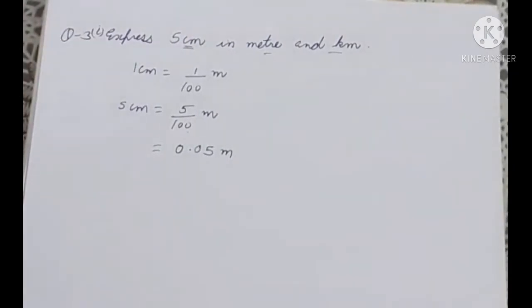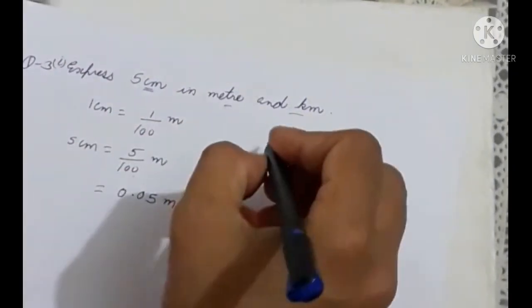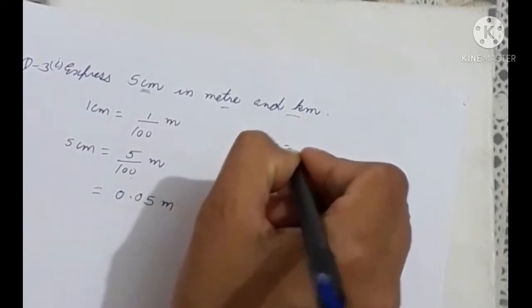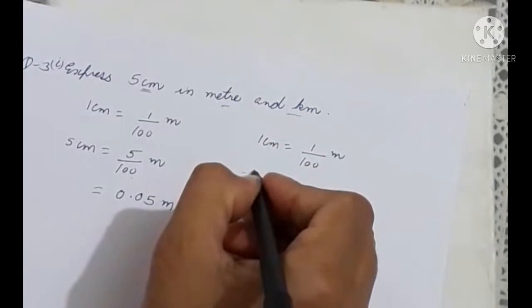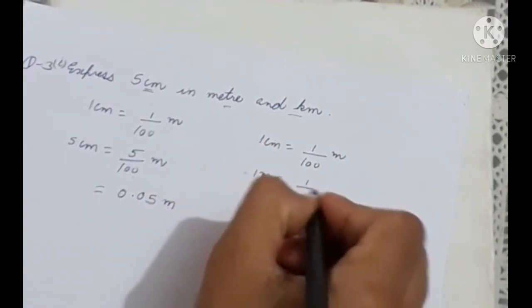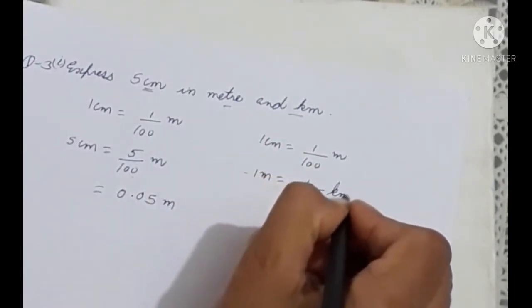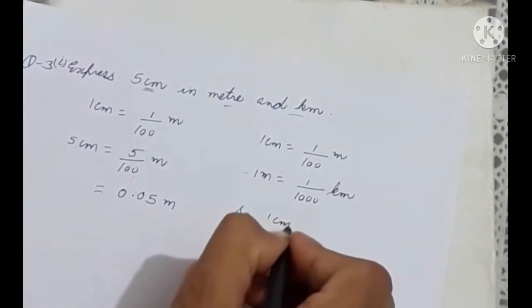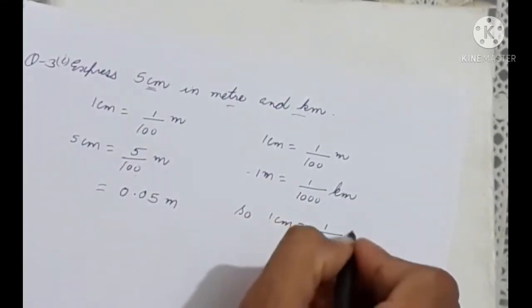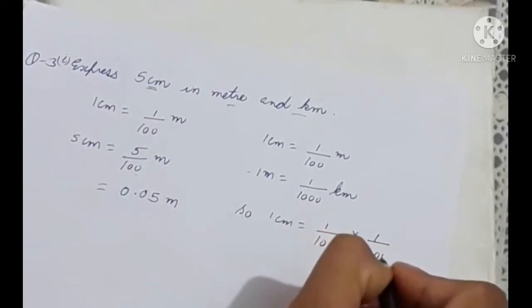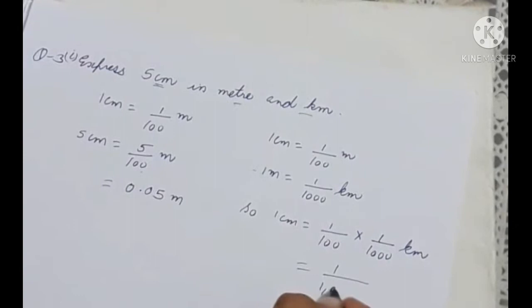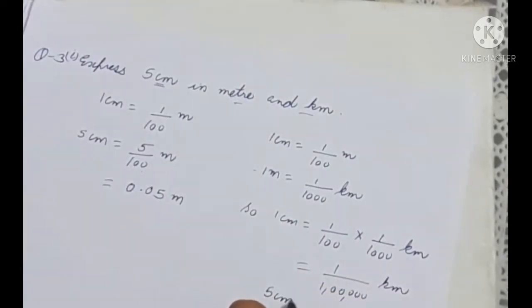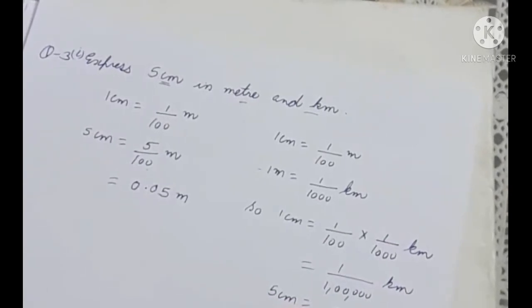Now in the same way I have to convert 5 centimeters to kilometers also. 1 centimeter equals 1 upon 100 meters and 1 meter equals 1 upon 1000 kilometers. So 1 centimeter equals 1 upon 100 multiplied by 1 upon 1000 kilometers. So that is equal to 1 upon 1 lakh kilometers. So 5 centimeters equals 5 upon 1 lakh